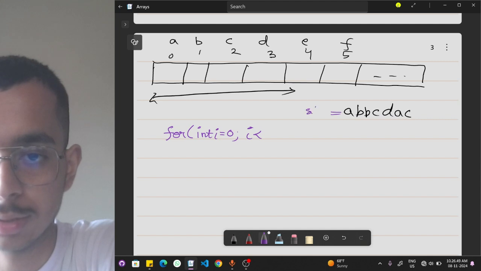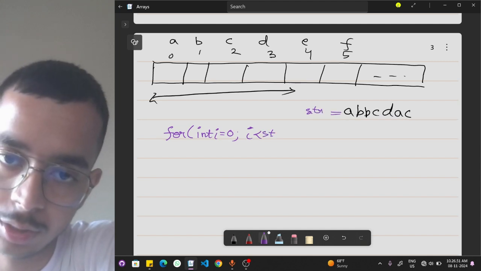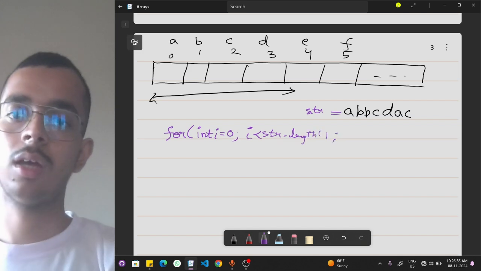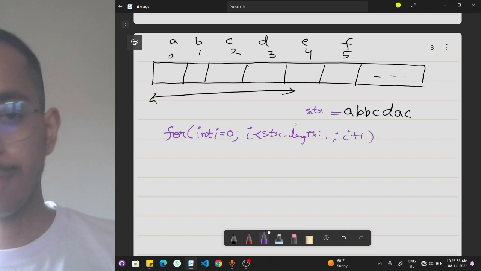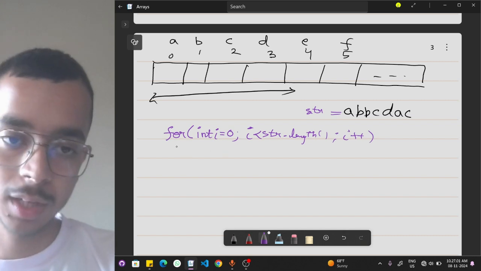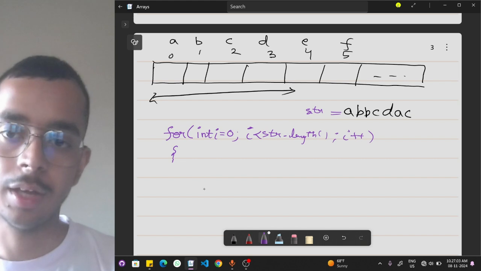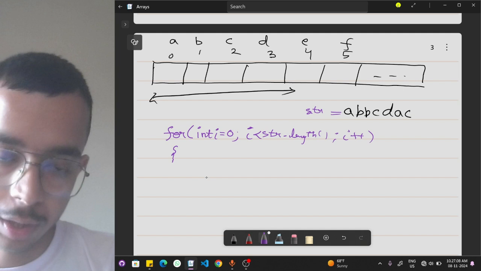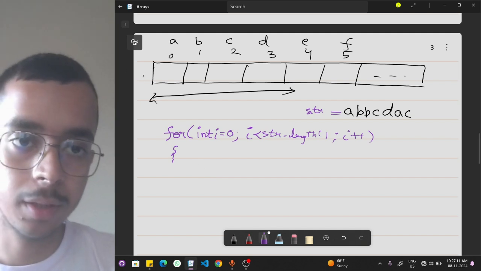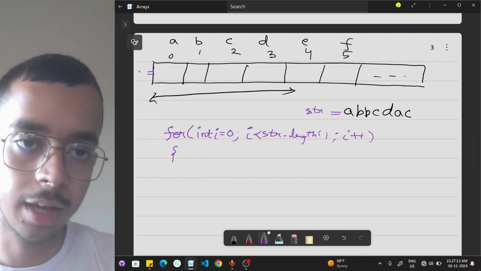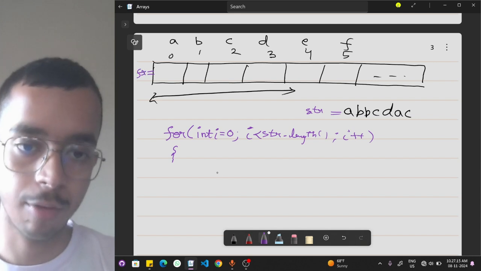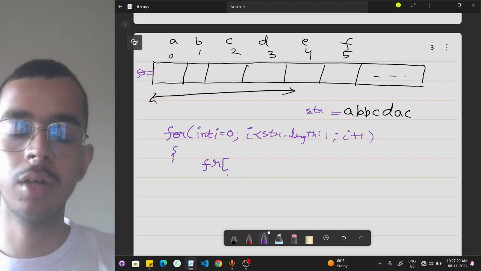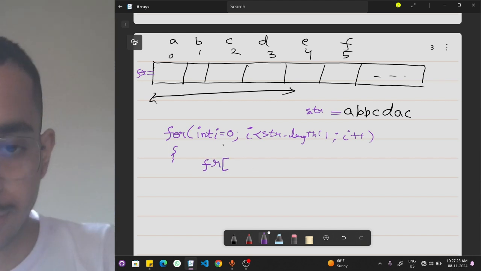So I'll take i to str dot length. Then we have i plus plus, and we have created this array. Assuming that we have created this kind of array, I'm taking the name of this array as fr. Fr is the name of the array. So what we are going to write is